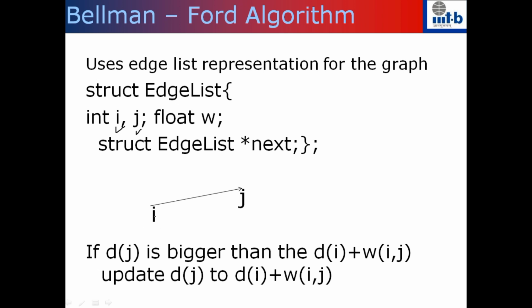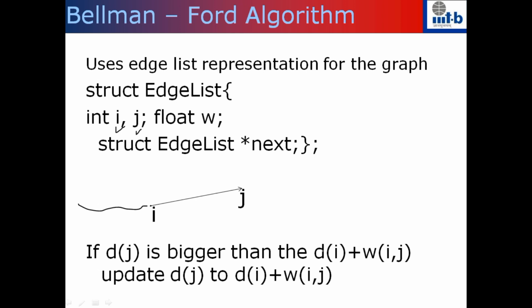So the main idea of Bellman-Ford is that at any point of time you just look at an edge i to j. We have d of j, which is the weight of the shortest path from the source vertex s to j. When you want to compute the shortest path to j, and there is an edge going from i to j, you just look at the weight of the shortest path from s to i, which is stored in d of i, and take the edge from i to j.